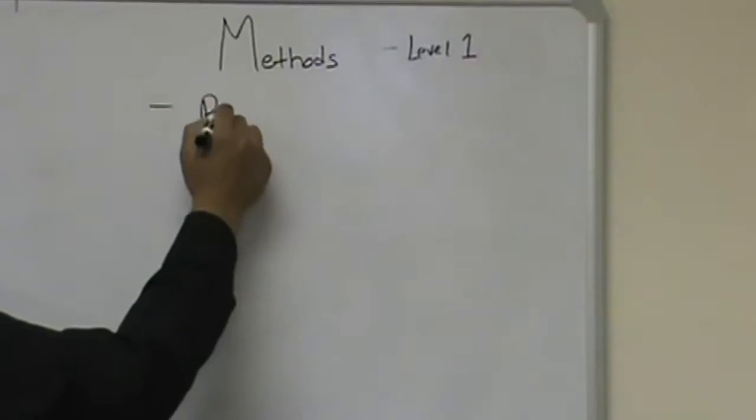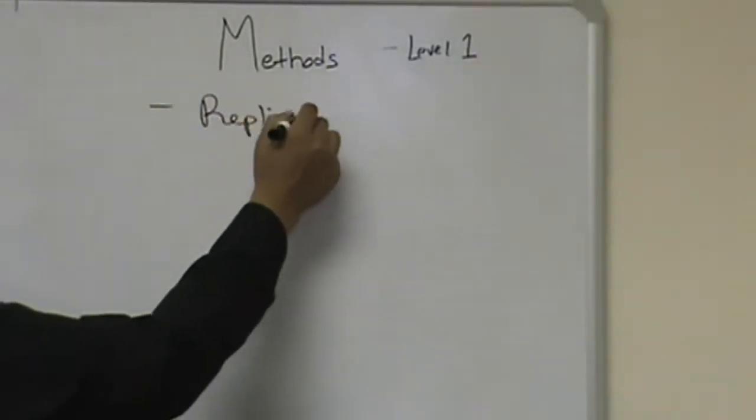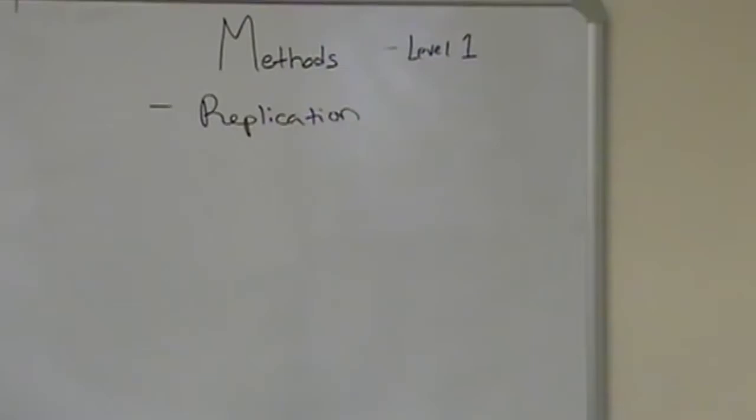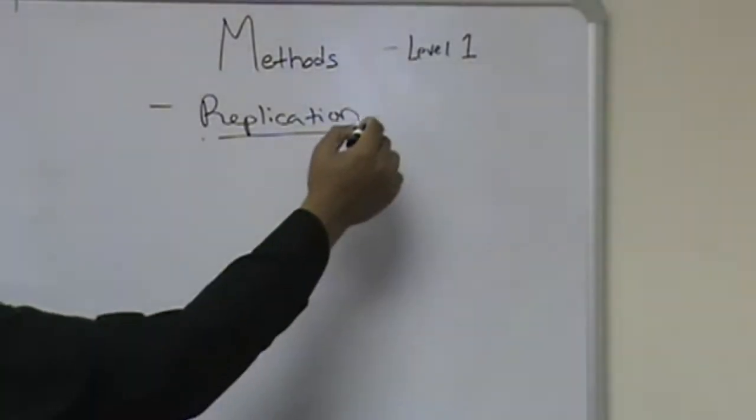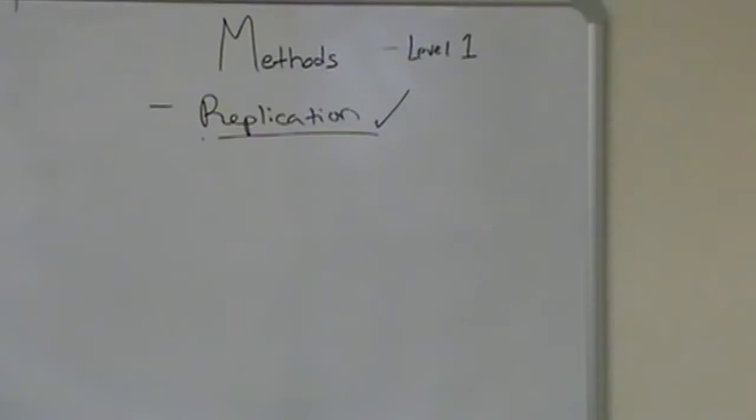Now, what is a method section? The biggest word here to know, and keep this in the back of your mind, is that the method section is all about replication. That's a key word in scientific research. I, as a third party or an outside party to your study, should be able to pick up your method section, read it, and then replicate your study just by reading the method section alone. So the reason why this word is important is because you want to keep that in mind as you're writing the method section,